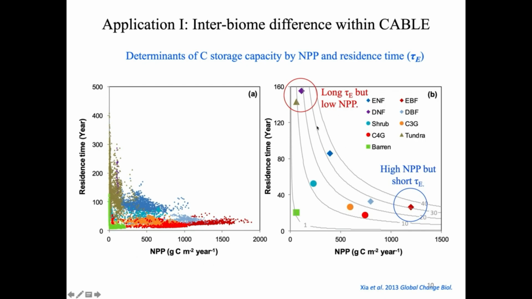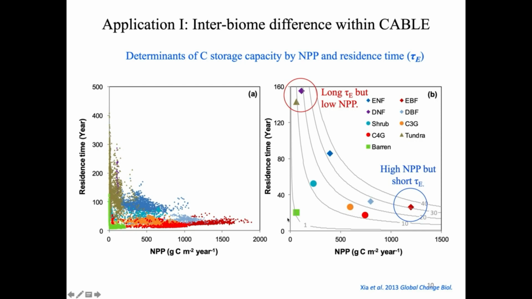For example, in the right panel, the evergreen broadleaf forest, or BEF, has a very high NPP, but a short carbon residence time. The tundra biome has a very low NPP, but a long carbon residence time. Some barren biomes, such as the desert, have very low carbon storage capacity because of the low NPP and short